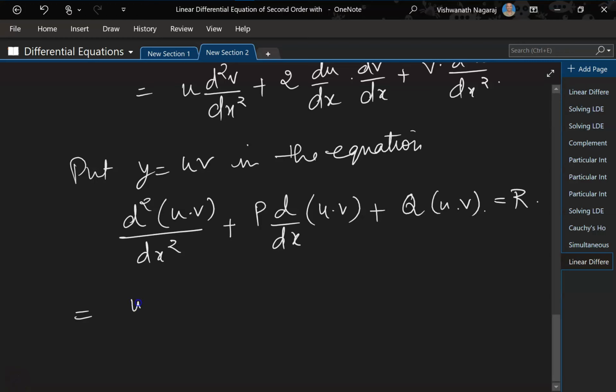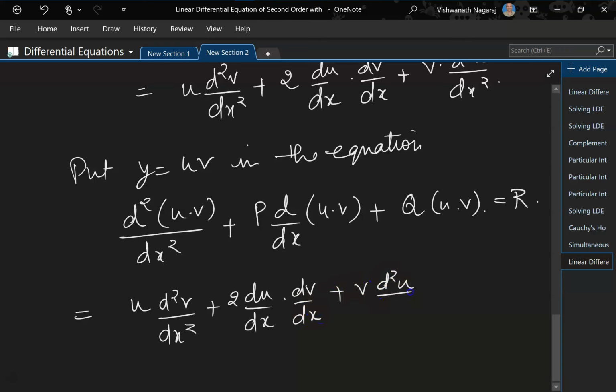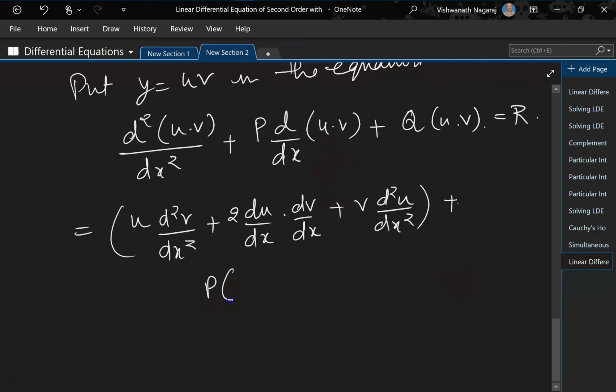So u d square v by dx square plus 2 du by dx times dv by dx plus v d2u by dx square. So this is our first term. Now the next term is p times u dv by dx plus v du by dx. And then we have q uv